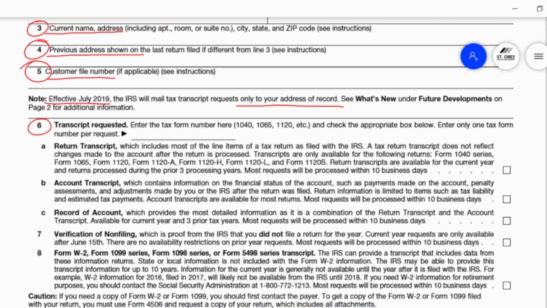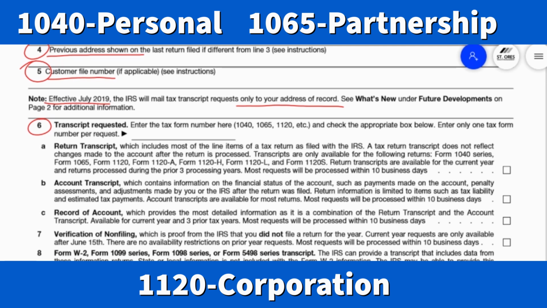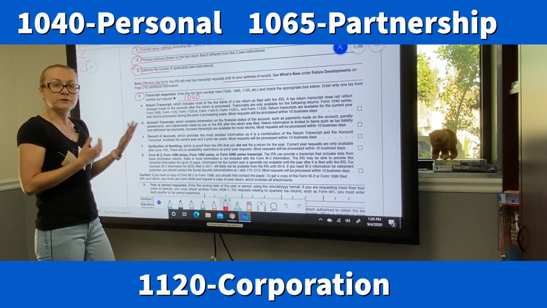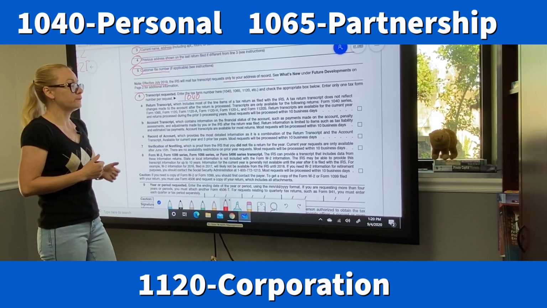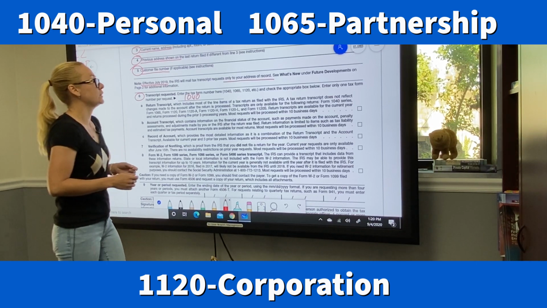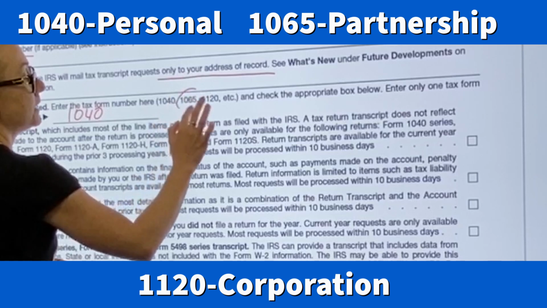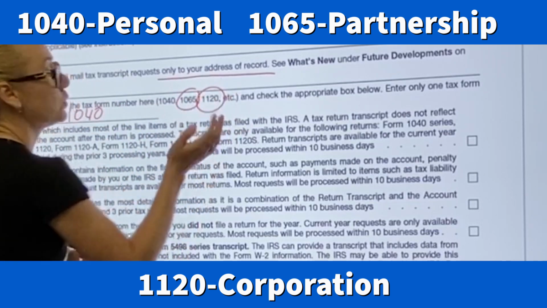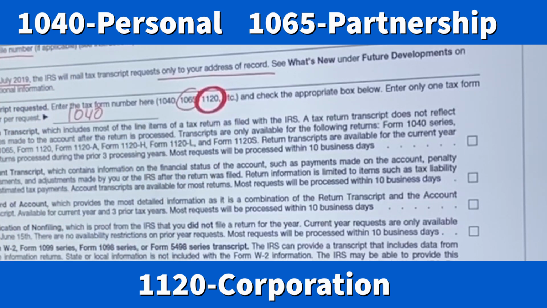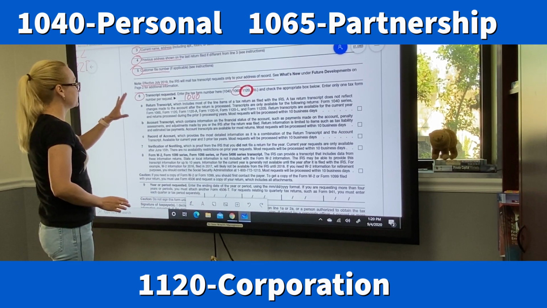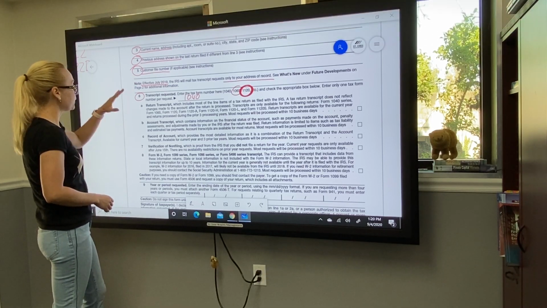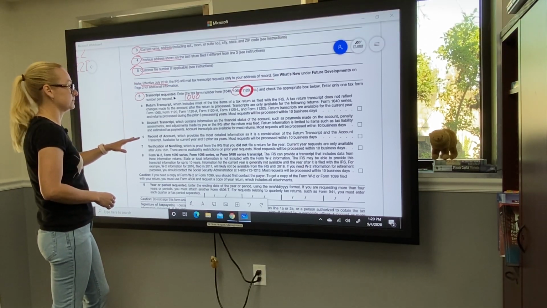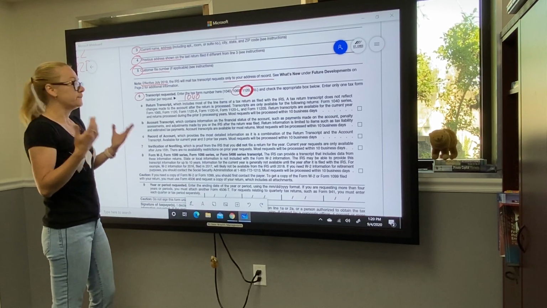Next, they'll ask you transcript requested. If you're looking for your personal tax return, you have to put 1040 in here. If you're filling out this form, looking for your tax information for your business, you will do 1065 in this field for partnership or 1120 for your corporation. In the same section 6, you will have 3 options, A, B, and C, which is type of tax return